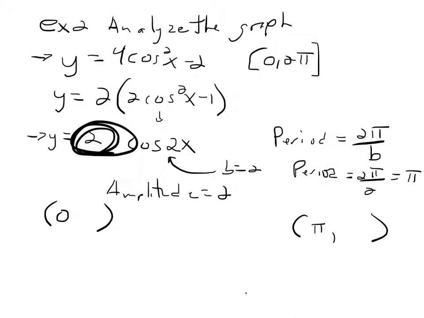Now, do you remember the normal key points for cosine? What's the cosine of 0? Cosine of 0 is,